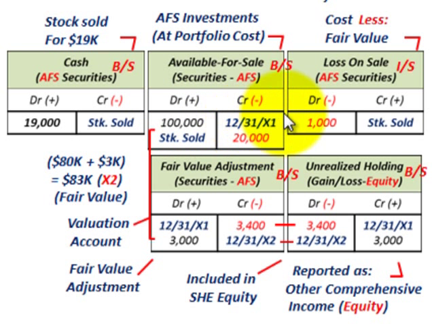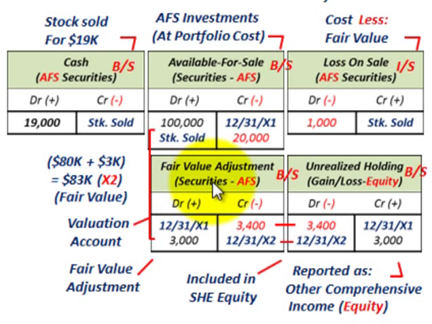You recognize any gains or losses based on those activities, and then you have to set up this fair value adjustment account for the available for sale security, and that's based on those end of period adjustments that you had to make based on the cost versus the fair value of the securities,